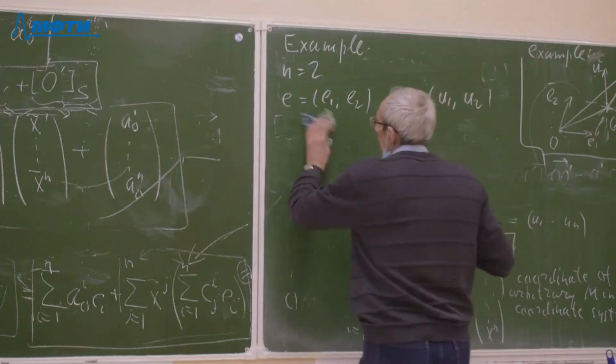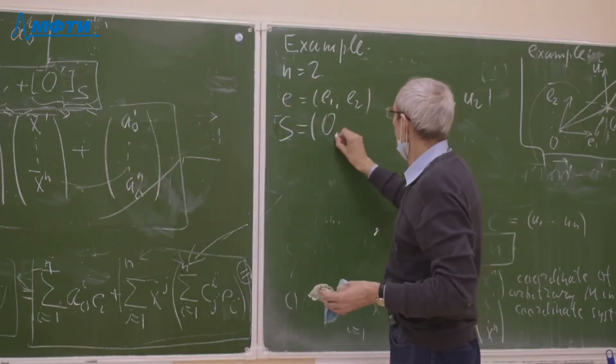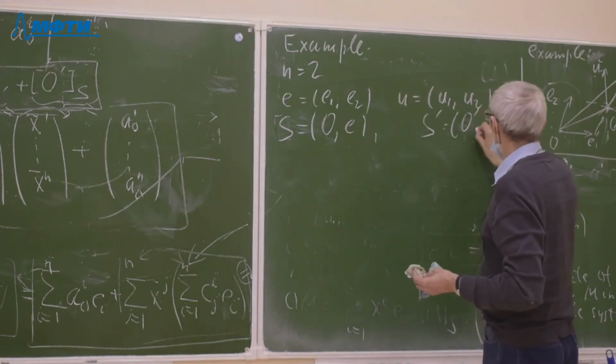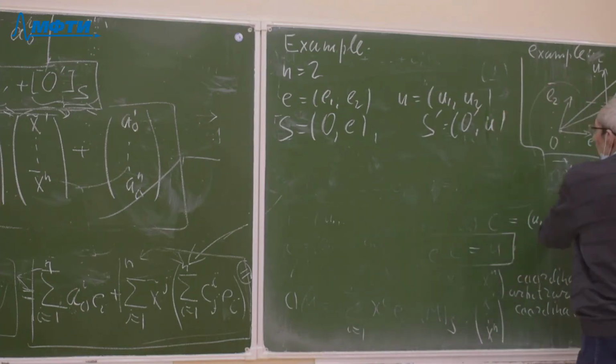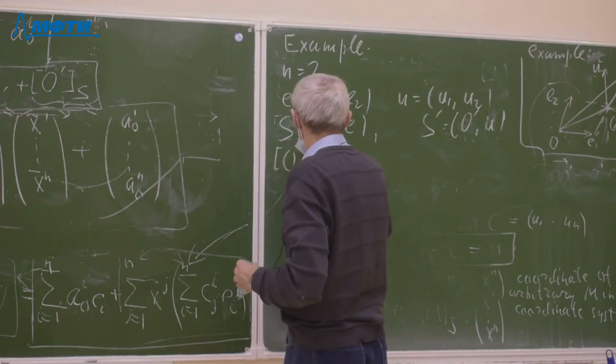We have also S, the old coordinate system, O E, and S prime, a new coordinate system, O prime U. And O prime has